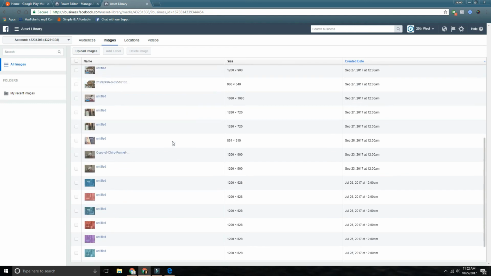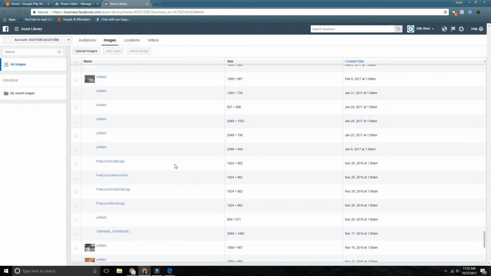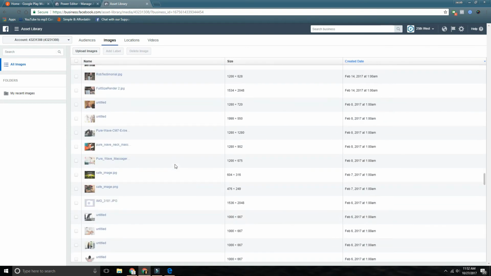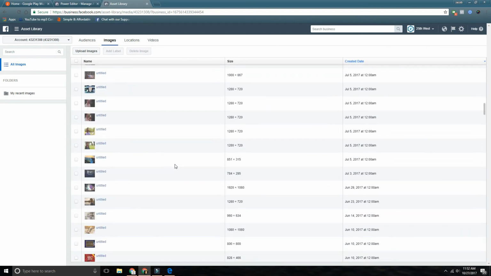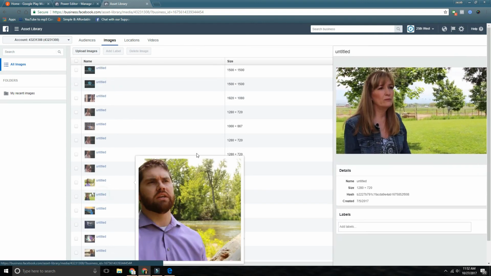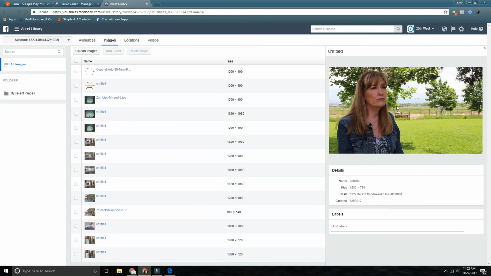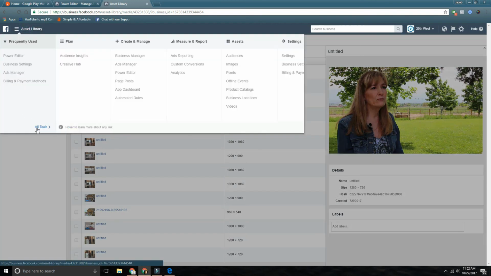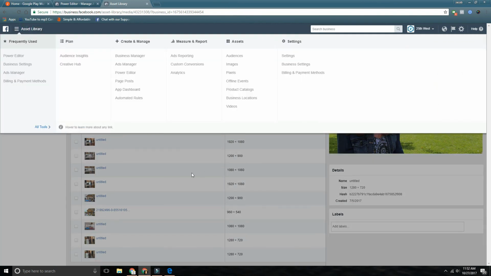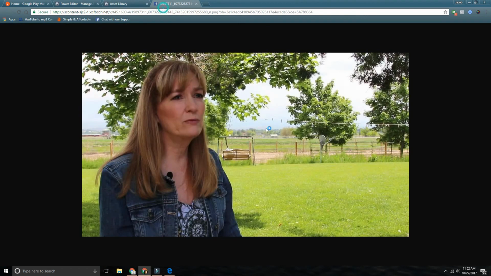Then the last one is the asset library. This is all the images and things that have ever been used in your ads. It's all saved, it's really nice. So if you want to keep congruency, let's say you've got a really nice picture that you pulled from the stock photos that Facebook provides, and you want to use that on the landing page, you just go here into all tools, images, and it'll show all the images that you've ever used. Then you pull up the image that you want to use as your background, right click, open image in new tab,